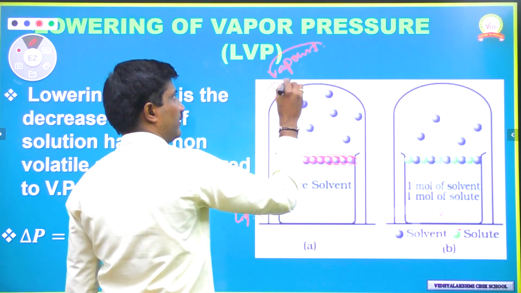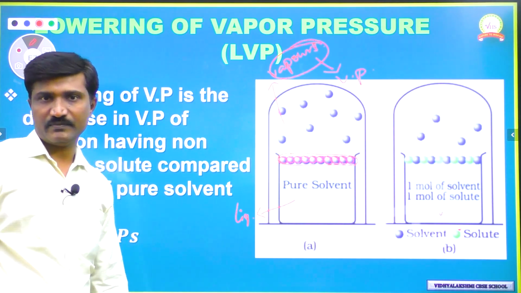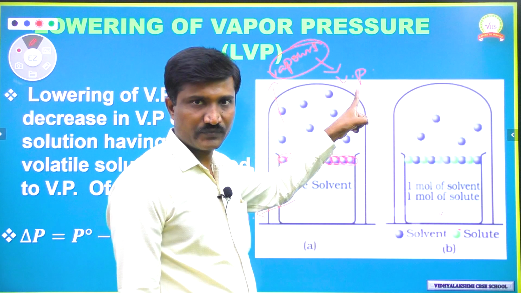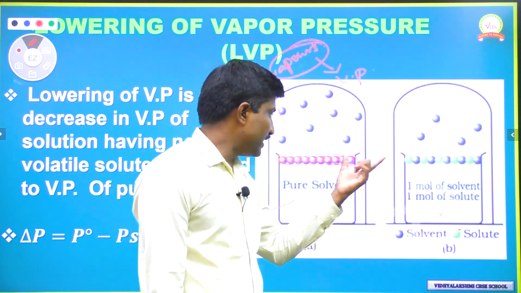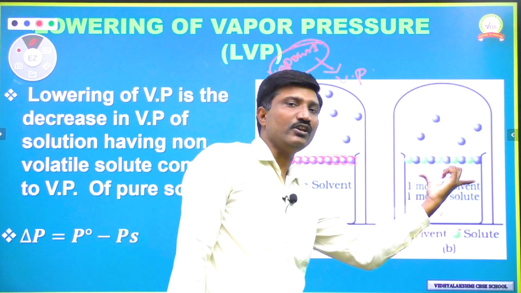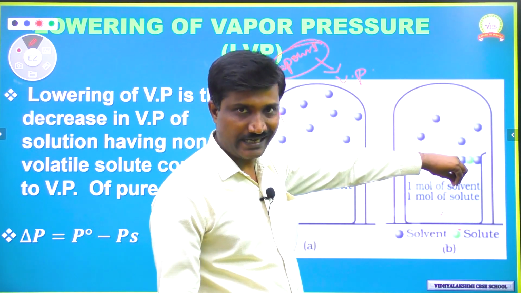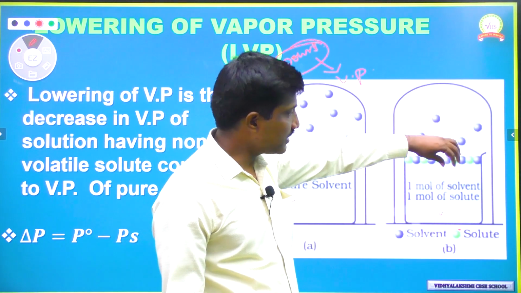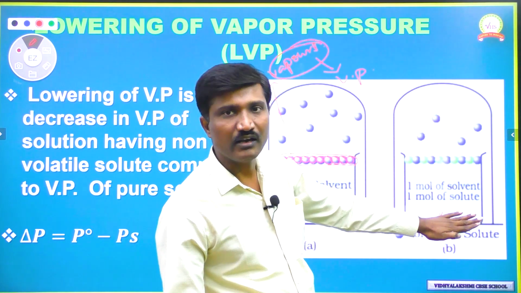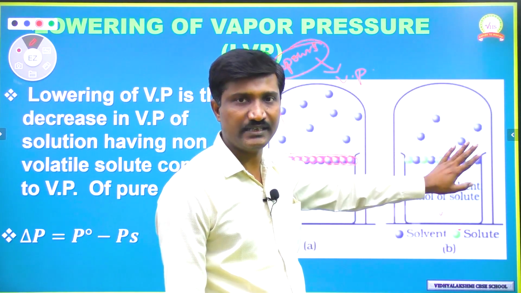Okay. And these vapors produce some pressure, which we call vapor pressure. The pressure exerted by the vapors is called vapor pressure. Now, if we compare the same number of solvent molecules on the surface in the solution state, since the solute is added to this solvent, some of the solute particles occupy the surface and the remaining enter into the bulk. Okay, because it is a homogeneous mixture.